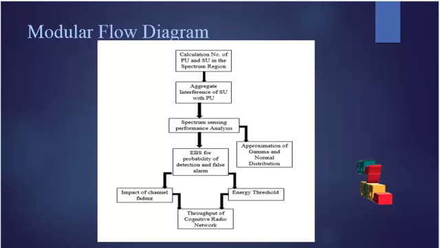The aggregate performance of primary users with secondary users shows the possibility of false alarm and detection. The aggregate interference of secondary users with the primary users provides the probability of detection of the primary user within the spectrum region and the probability of false alarm created by the secondary users with reference to the primary users.